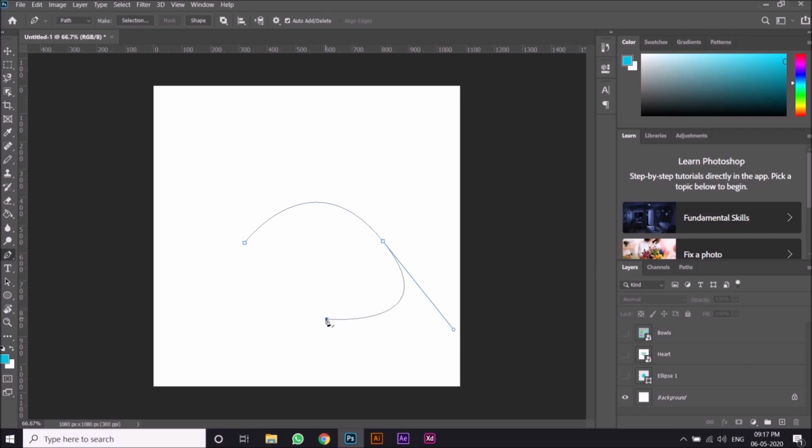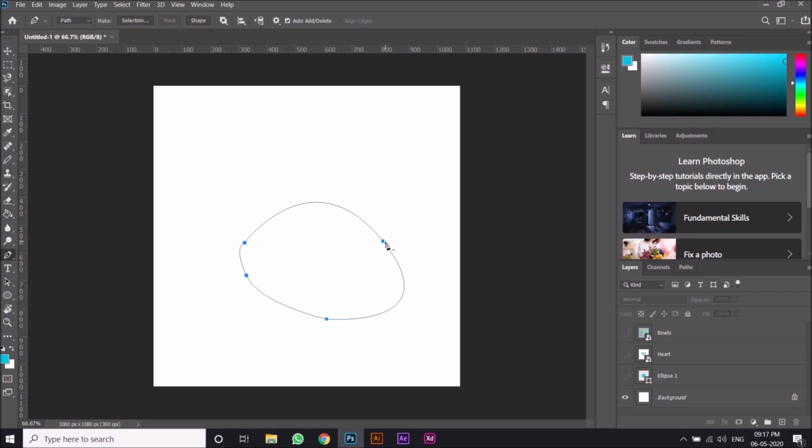Now as I left, it's going to be normal, and then I'll just click and then drag and then leave, and here as I go to the end, this shape beside the pen tool shows a circle. Circle is nothing but it's completing a circuit. I'll click here and then the whole circuit is done.